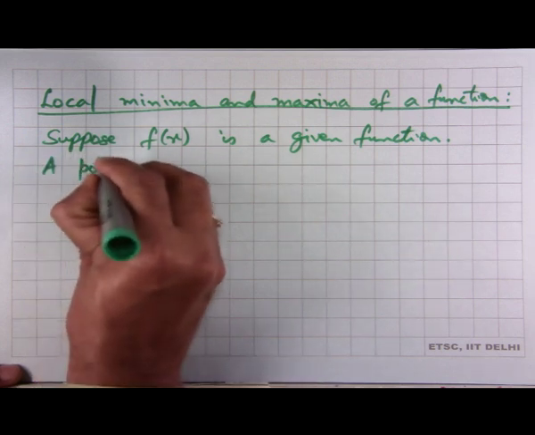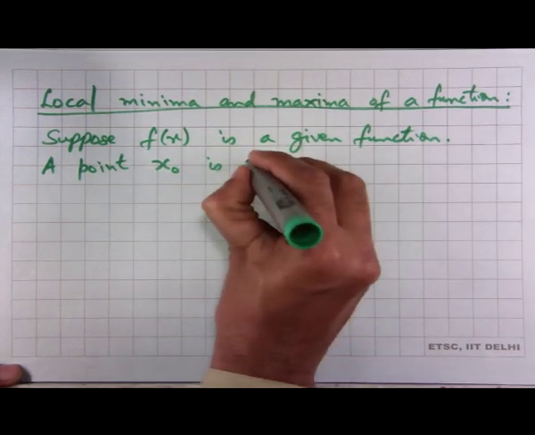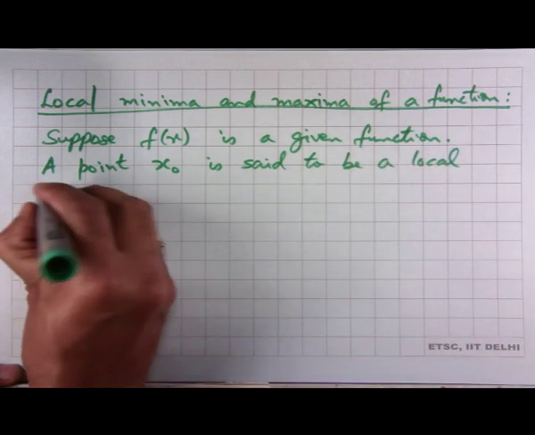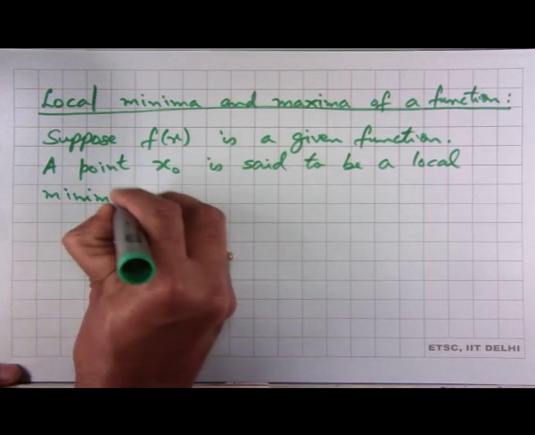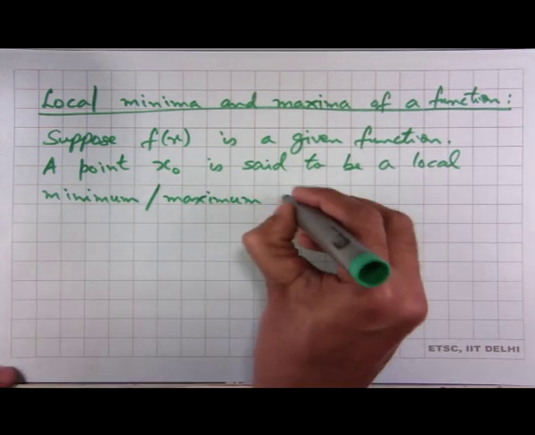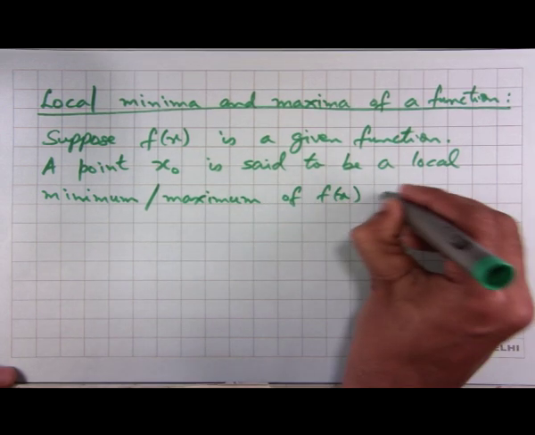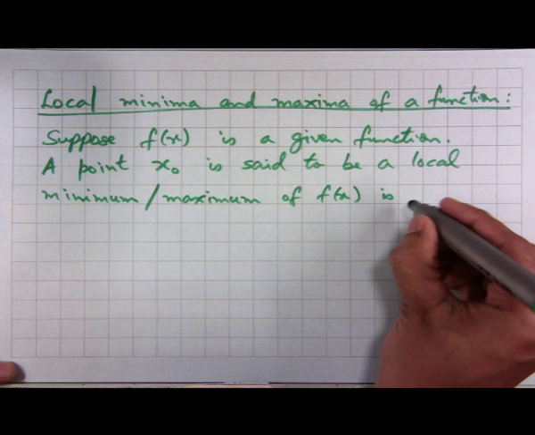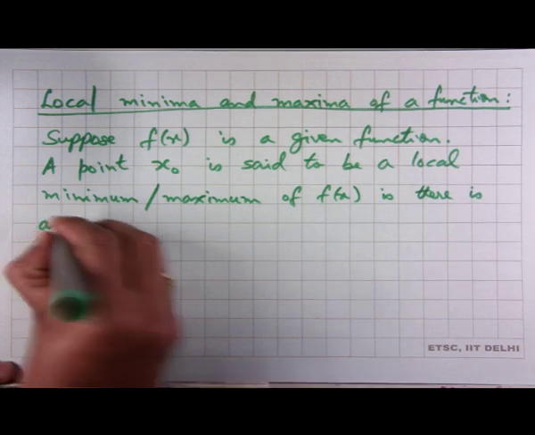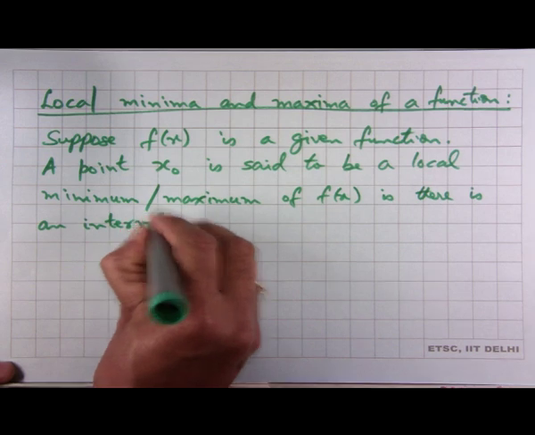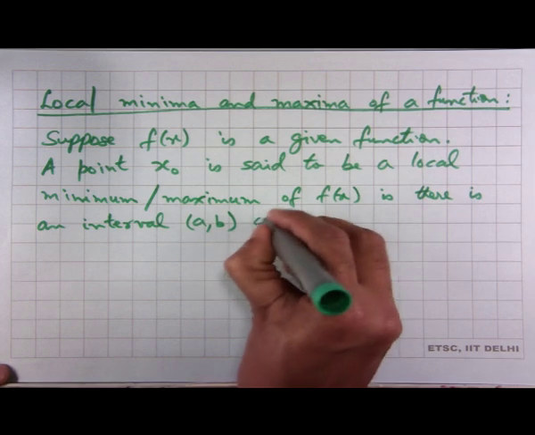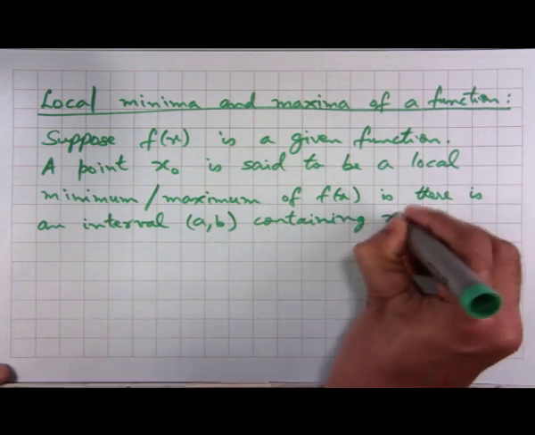A point x naught is said to be a local minimum, let me also define maximum or local maximum, of f of x if there is an interval, let me call it a comma b, containing x naught such that